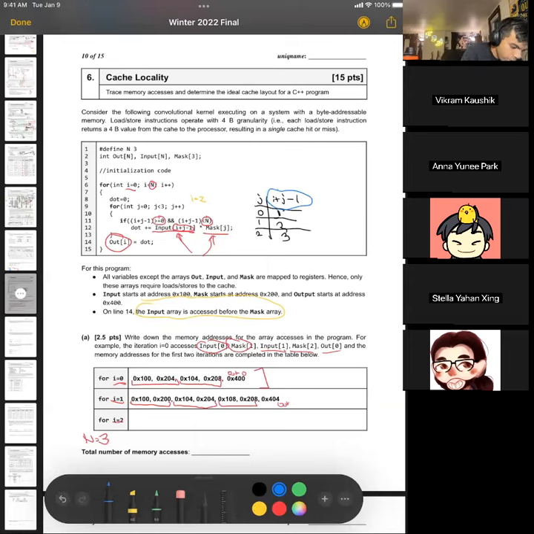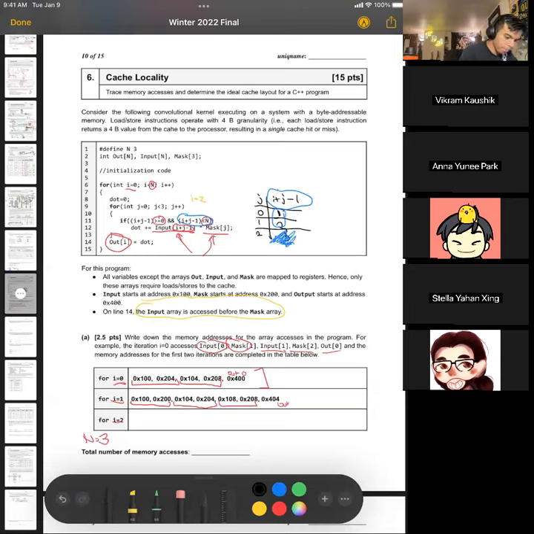we go ahead and perform memory accesses. But when it's equal to 3, right? This condition is triggered, and so we don't actually have to consider the memory accesses that occur when this happens. So we only need to consider the accesses when I plus j minus 1 is equal to 1 and 2